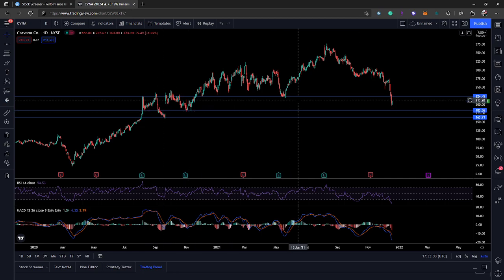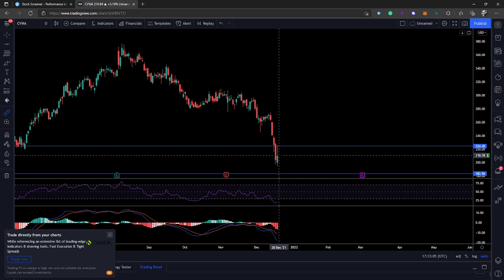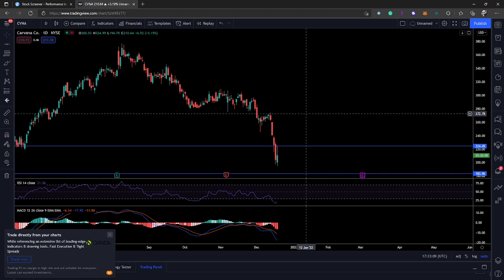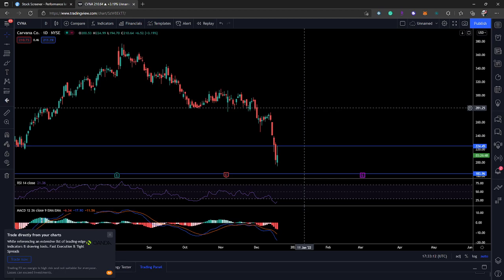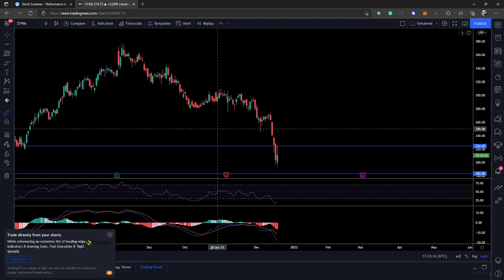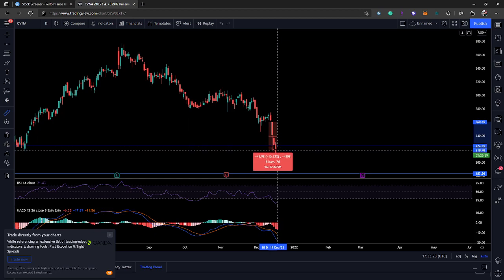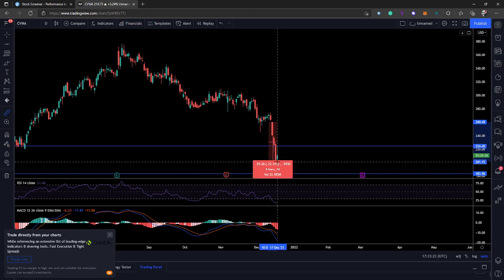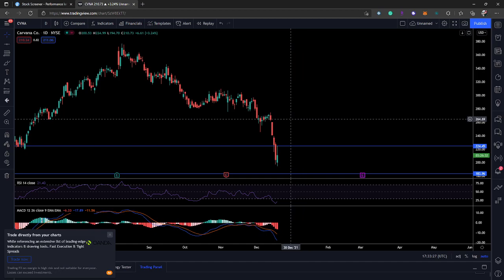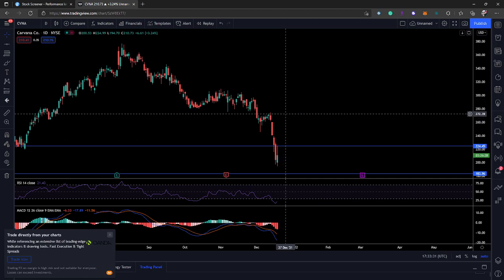What I mean by that, let's say you were to buy it right now at this current price and it falls, you're looking at a 13% stop loss. And that's pretty dang fast. And that could happen in a day, considering it fell 7% in one day, 13% in 2 days, 22% in 3 days. And that's in 3 days. So looking at Carvana, it's a fast moving stock, which means you could break your stop loss in one day